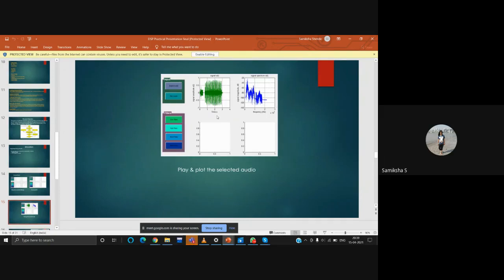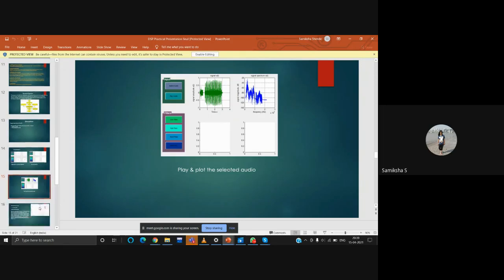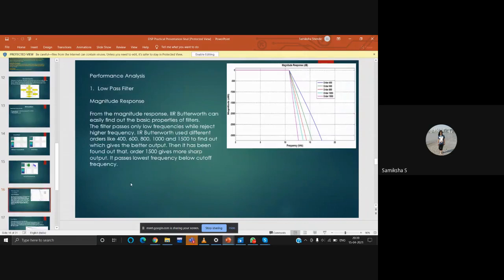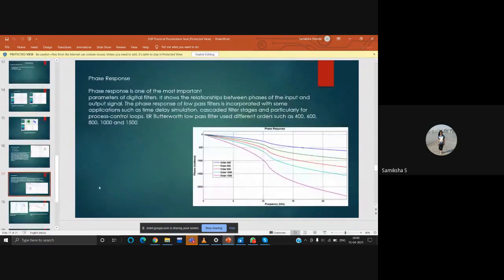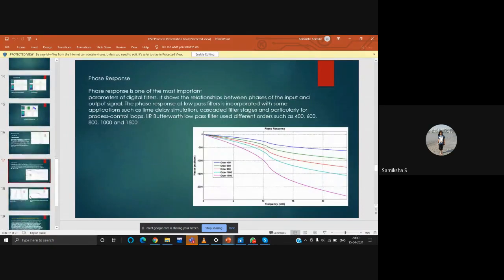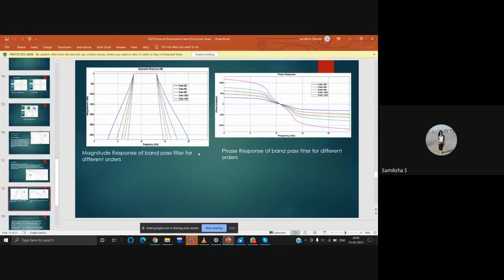This is the result, ma'am. I have chosen low pass filter and band pass filter. We have done it for low pass filter; this is the magnitude response and this is the phase response for the low pass filter. Also we have done the magnitude response of the band pass filter and the phase response of the band pass filter.